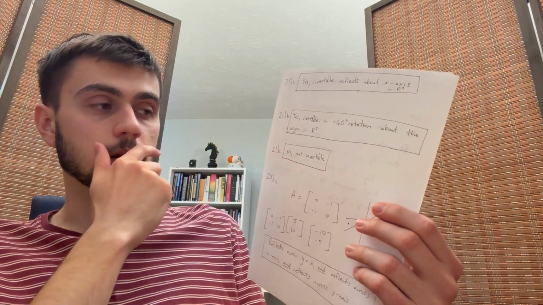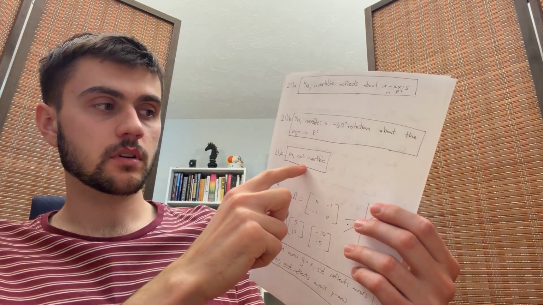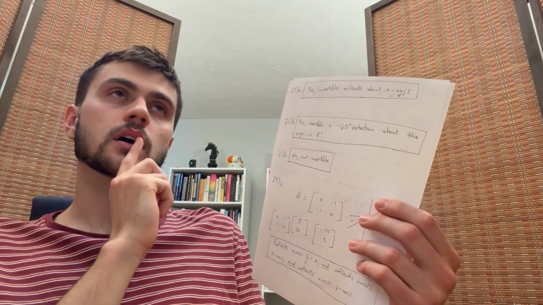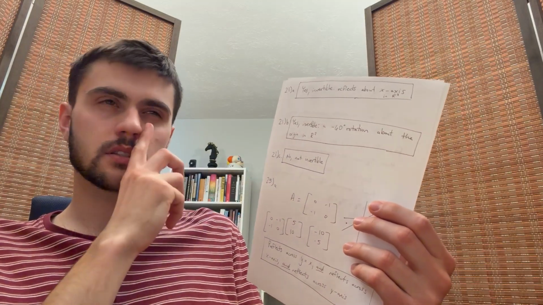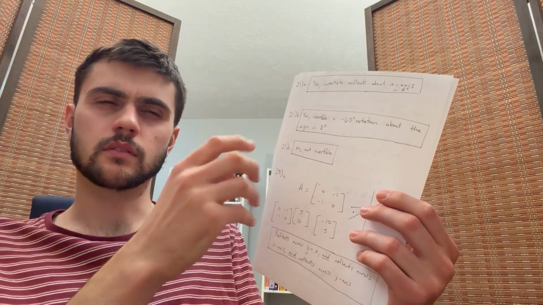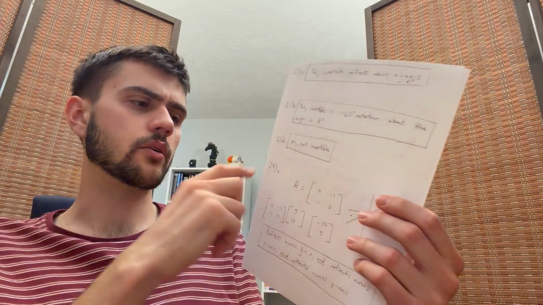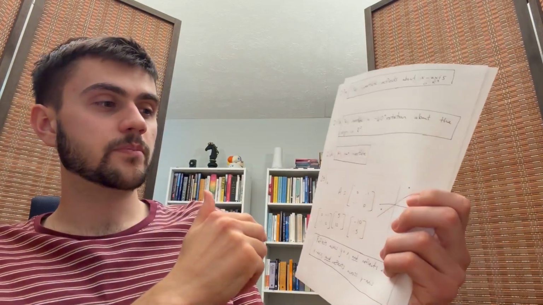21C, what was this? Basically a projection onto some kind of orthogonal line, like y equals x, or something like that, one of the axes. No, non-invertible. 25A,